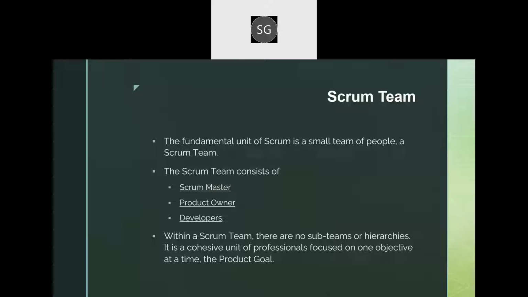So these are basically the Scrum team. The Scrum team basically consists of a Scrum Master, PO, product owner, and some developers. So the product owner is the one that has the vision for the product, and he would be the deciding one of what features to go in and what to remove or ignore. And developers are the ones that actually build the features, build the software and release it. And the Scrum Master is basically the one who will make sure that everything is in sync and the team is moving and the work is being done.